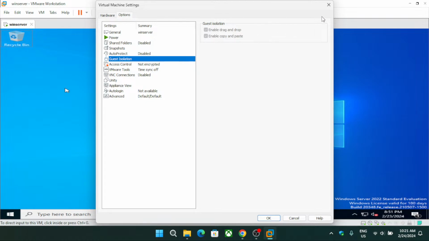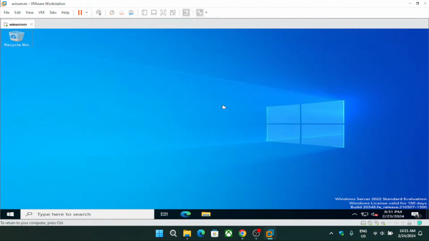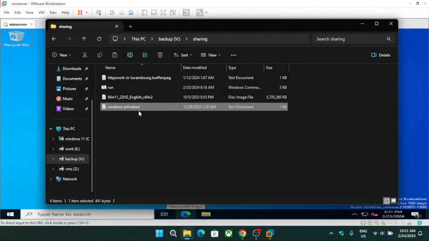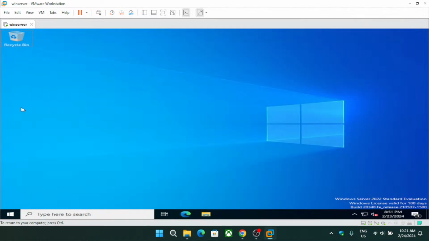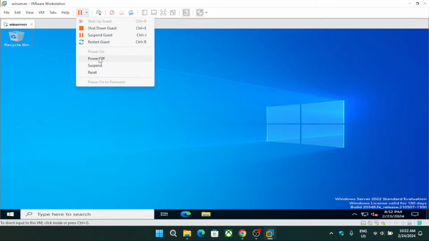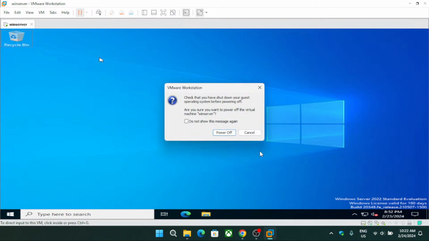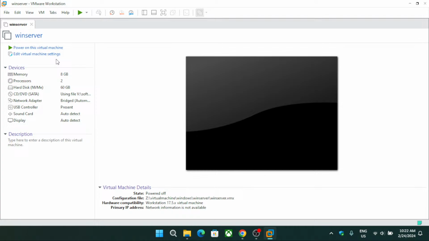Enable drag and drop is there already, so we will try to drag the file from here to here, but I don't know, for some reason it is not working. So the best option is to power off the machine and enable certain features and then set it up. So we will go to the edit virtual machine,